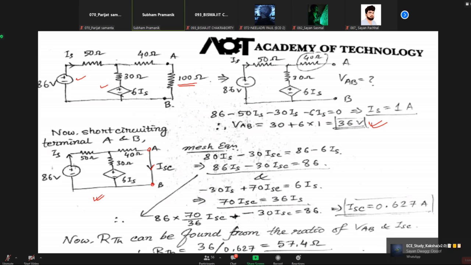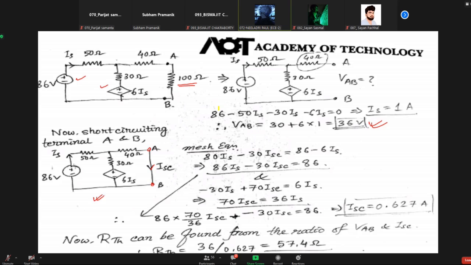So how to solve it then? How to find that value of ISC? You have learned the method. There are two meshes. Current division. Do mesh analysis or whatever you think is preferable. Current division method, yes, we can also use. Current division, not actually. See, here we have a dependent source. We don't know about the internal impedance of the dependent source. You cannot use it.